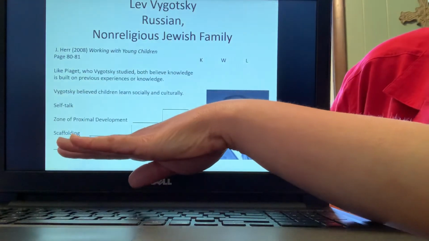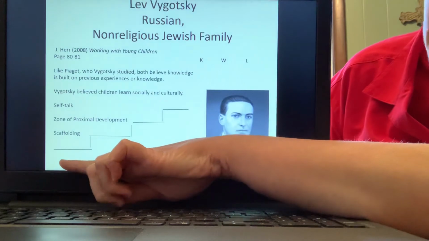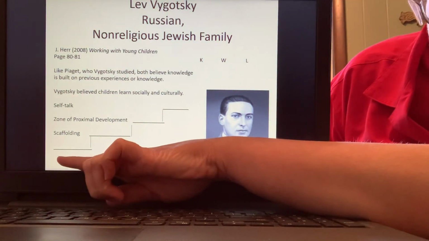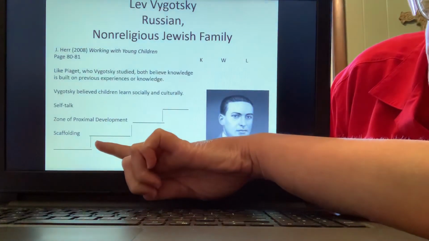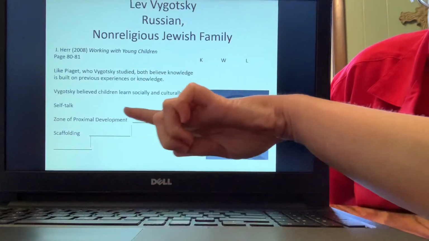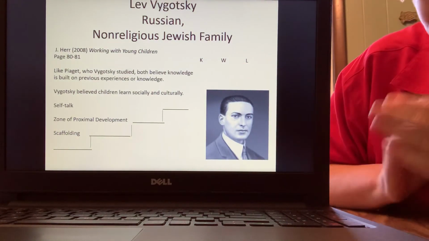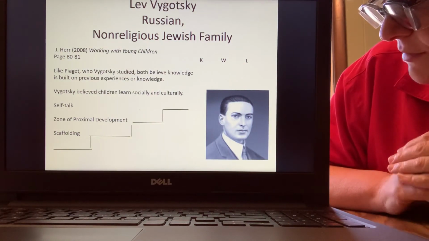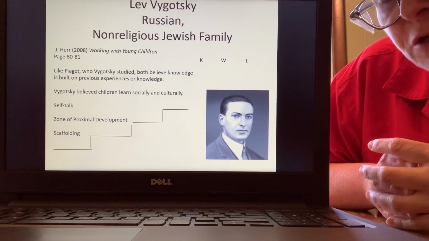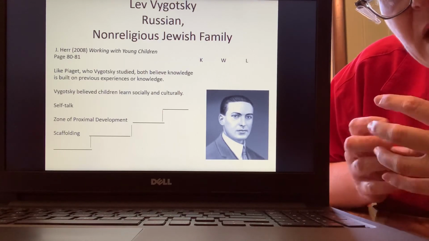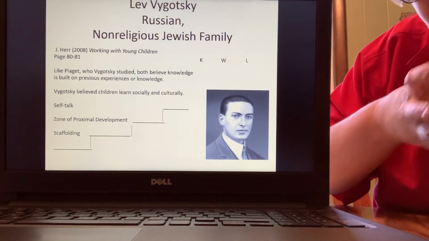So it goes through a scaffolding process. So when you're learning something new, you're going to start down here at the bottom step or the bottom of a ladder, right? And then we have to scaffold experiences from peers and adults, and you begin to move up to understanding. Okay? So it's a cooperative learning process for your environment. So he's talking about when we're in the classroom and we're together and where we've learned those terms where some of you are dependent upon others, some feel independent. That's what he's talking about. He's talking about that learning process.